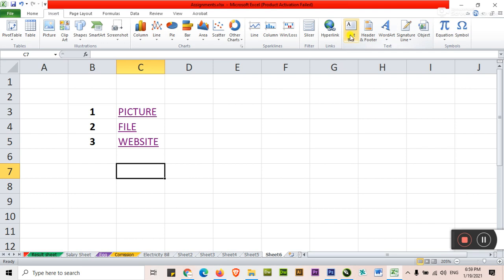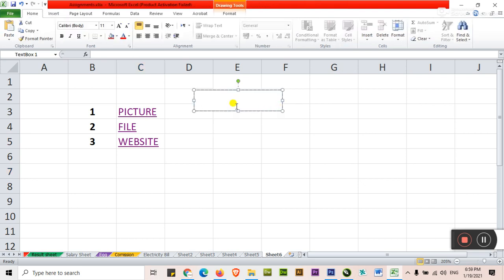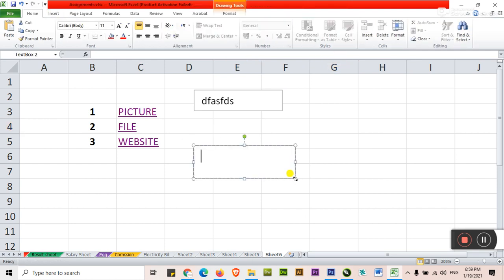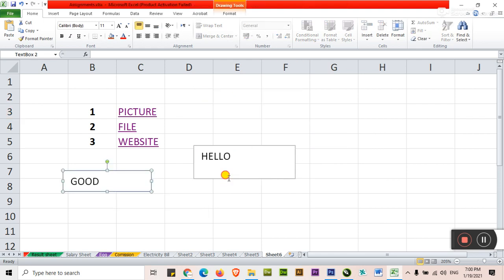The next is text. Text means just click it and draw anywhere, anywhere you want to write. Just insert text, anywhere you can write. Just click the box, and you can move it anywhere.